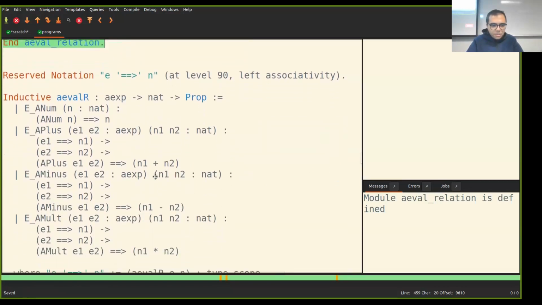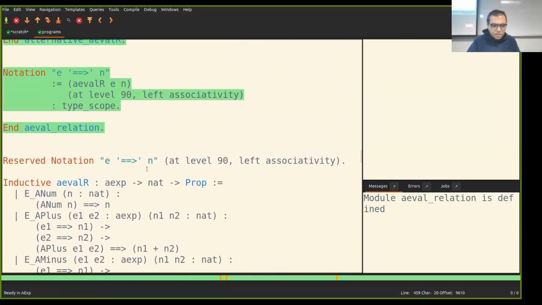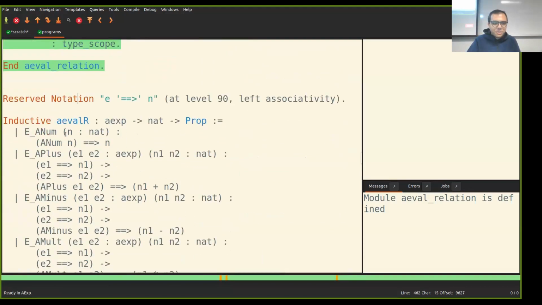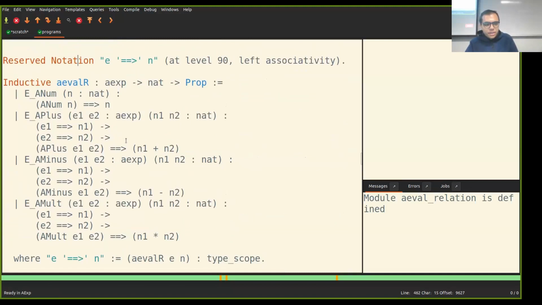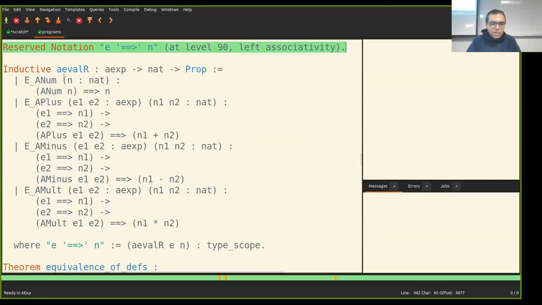But now I want to actually show you how to define this with reserving the notation first. So I did this inside a module so that I can now do it again outside of the module. So here's the way I'm going to do it. I'm just going to say, let's reserve this notation. And then I'm going to define an inductive relation, which says when a particular expression evaluates to a particular natural